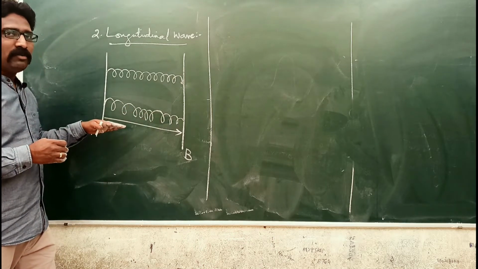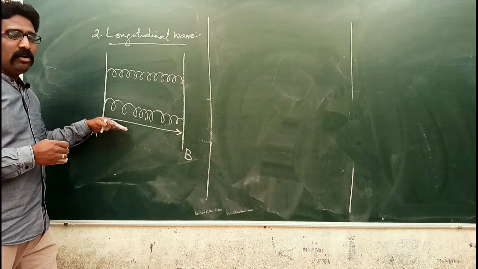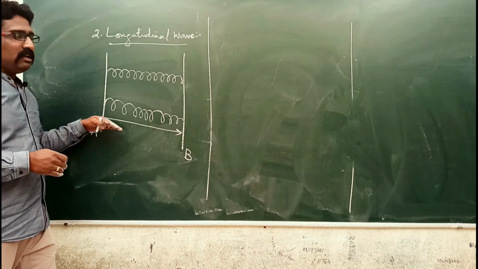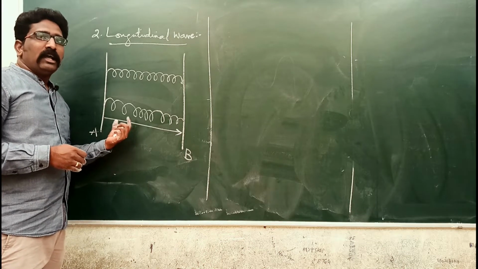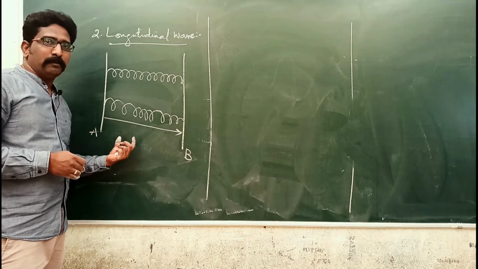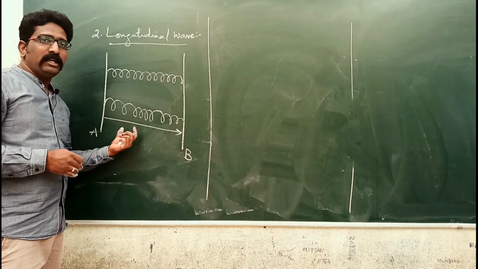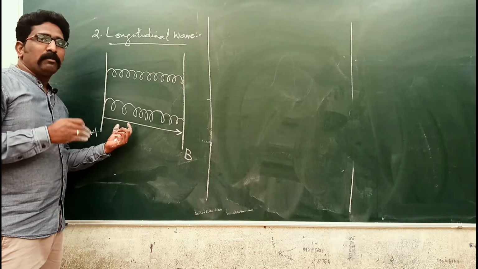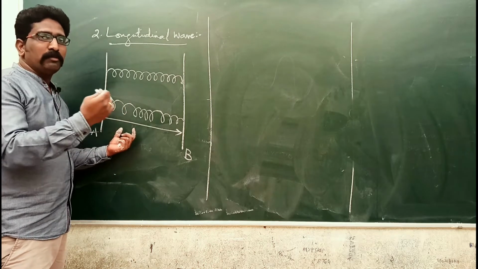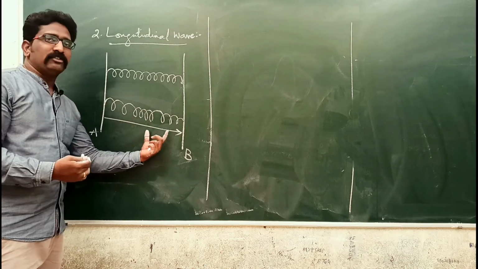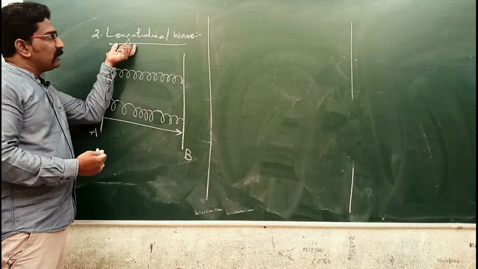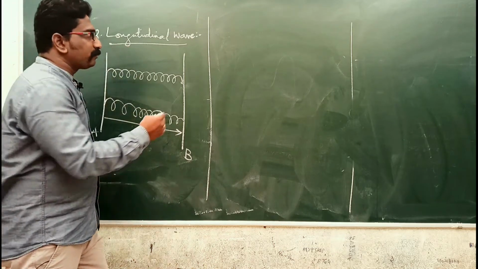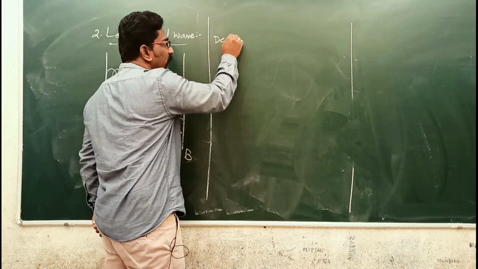So the longitudinal wave is a wave form or wave motion which is produced due to the disturbance of particles along the direction of the medium. Whenever the particles of a medium are moved in the same direction as the direction of the medium, we say that particular wave is a longitudinal wave. So the definition of the longitudinal wave can be: